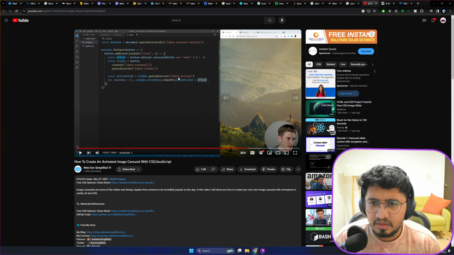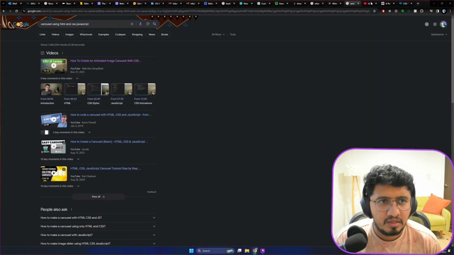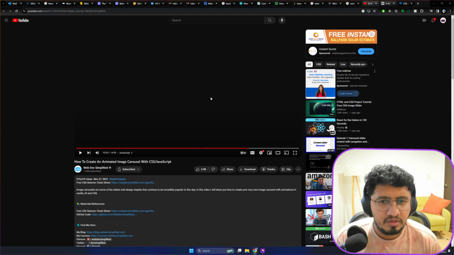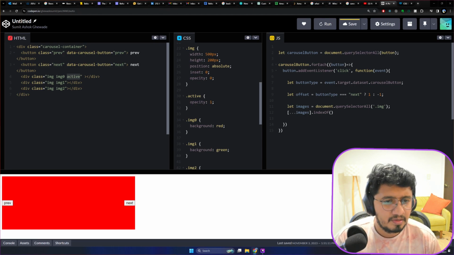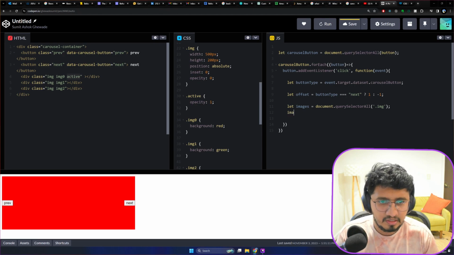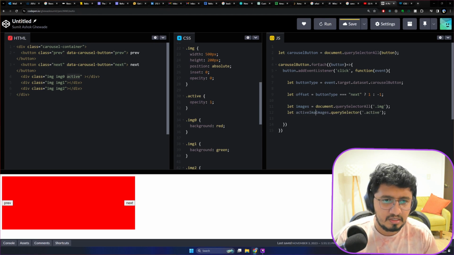So, slides dot query selector. Okay, got it. So what we have here is images. Then what we can do is images dot query selector. We can take active, then let active image is equal to, then